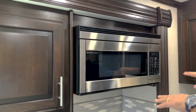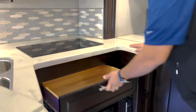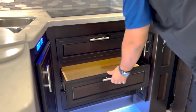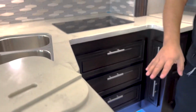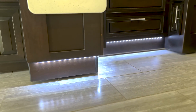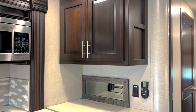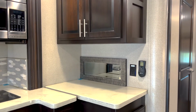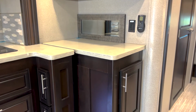Convection microwave oven, and then some really nice drawers down here down below. And this is going to be all very nice soft closing drawers. And a lot of the light controls, you can see beautiful accent lighting here just below the cabinets. Very well done. And I actually like this little area for me. This is probably where I put my coffee pot, but you know, maybe have your whiskey, your wine, nice little